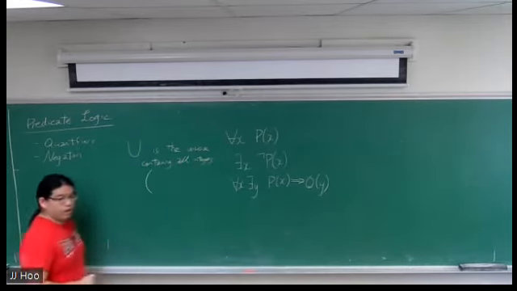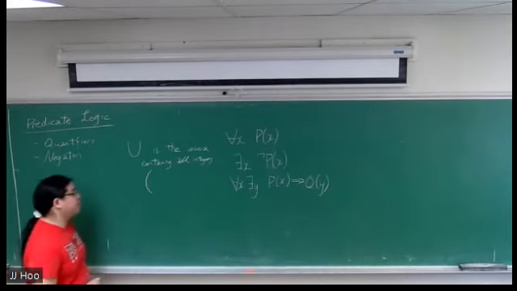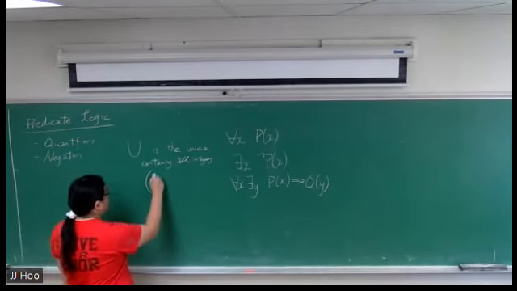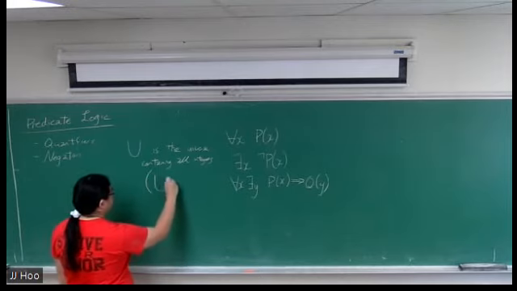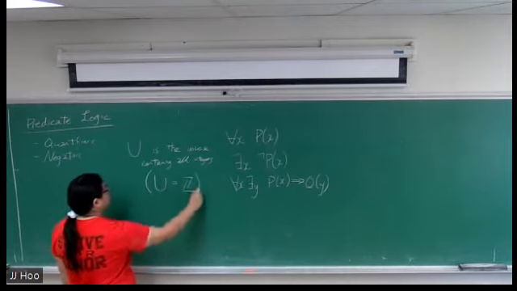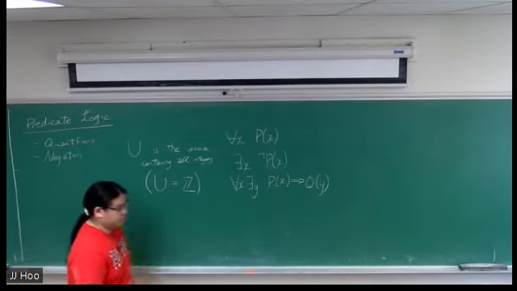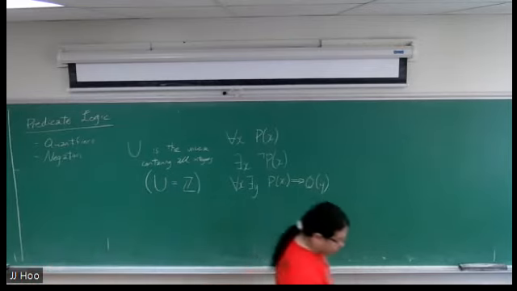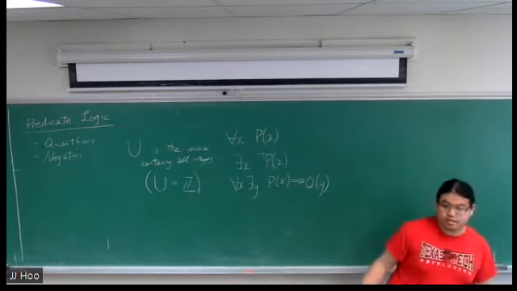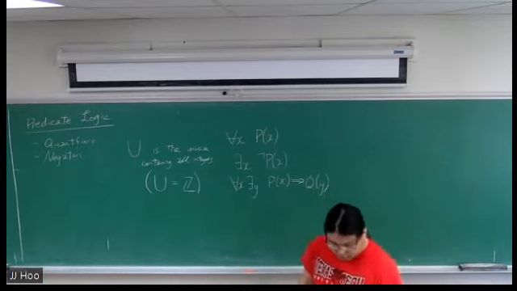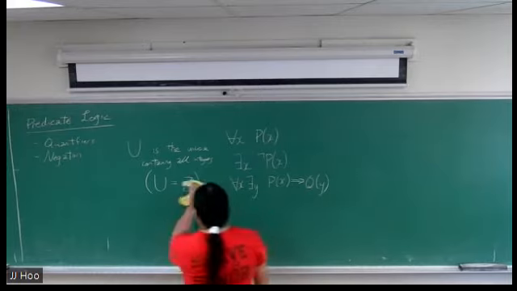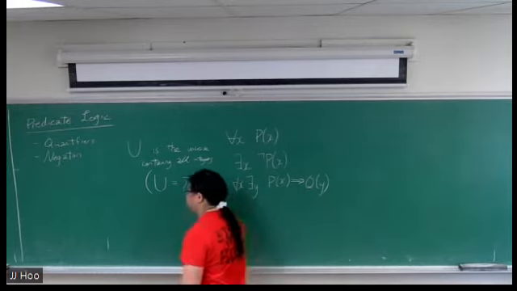For those of you who remember from problem set 1 or have done problem set 1, you know the integers can be written as math blackboard Z. I'll just tell you what the universe is. It's equal to this, the set of all integers. But don't worry too much about that since we haven't covered sets, so there's just one way of showing that. So if U is the universe of all integers,